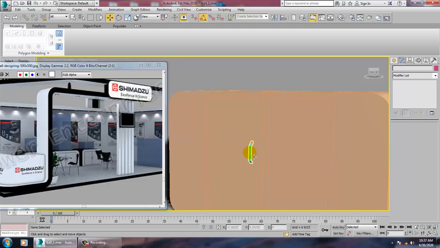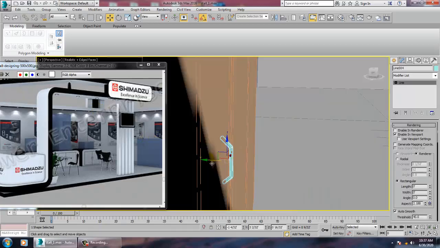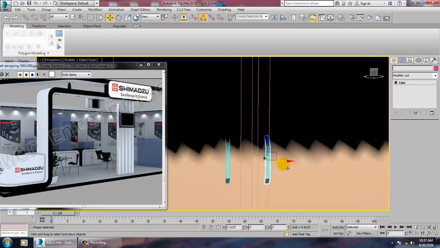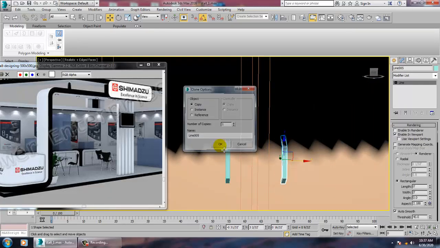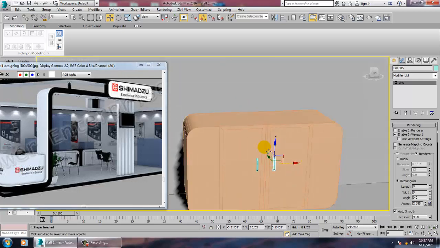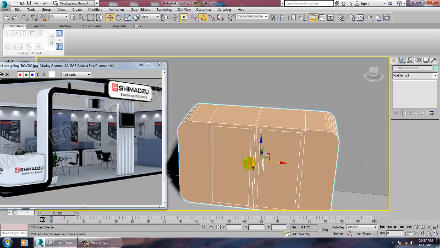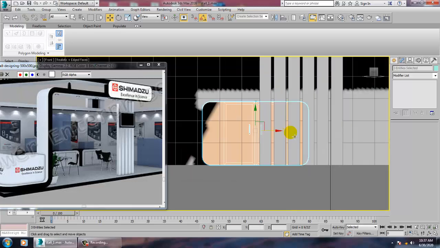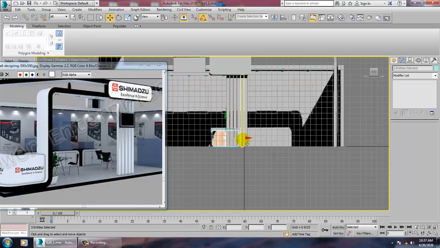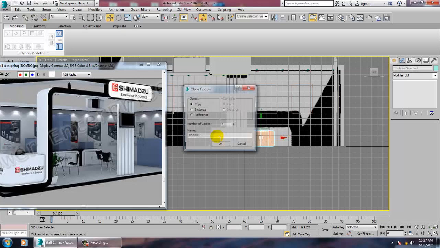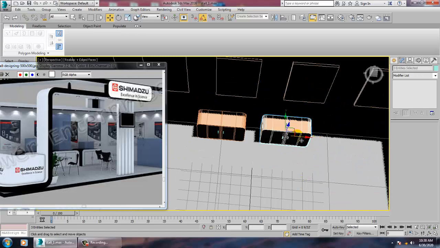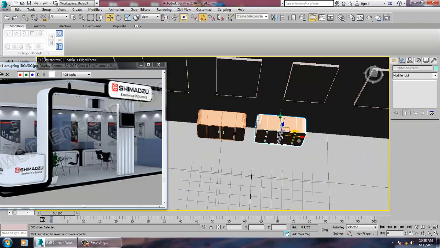So just select this, just make a duplicate of it, select this and this and make one more copy of it. That's it. Alright, so once you're done with this, save your file again.